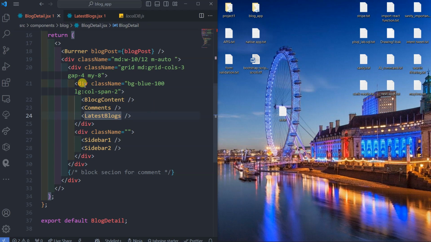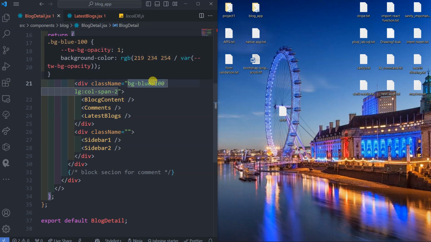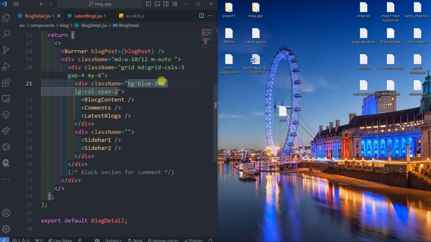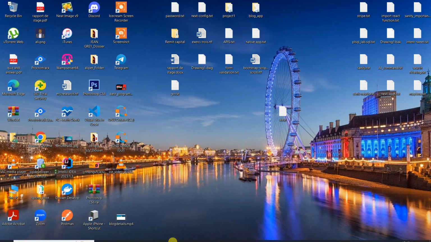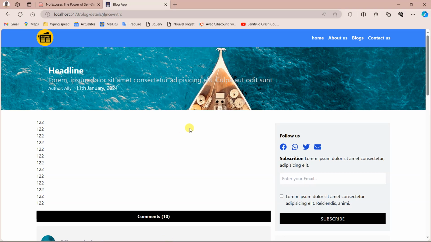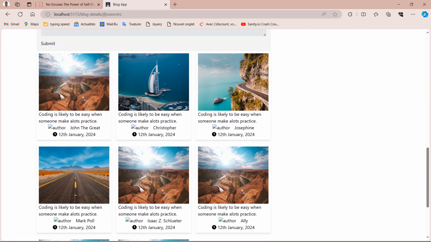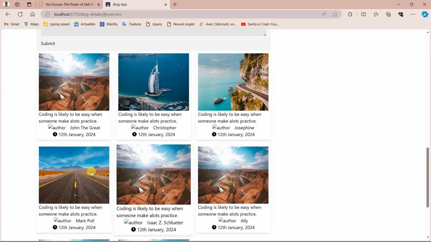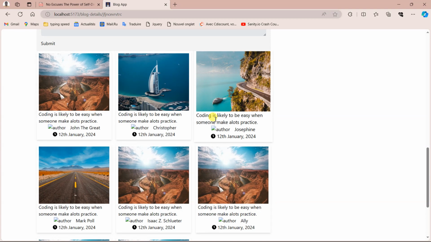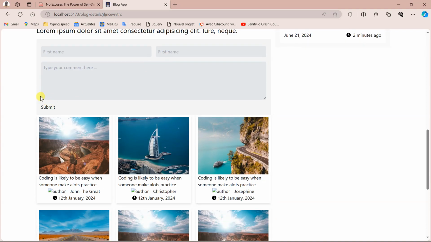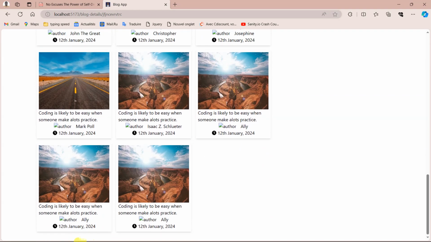Within a block detail we have this one here, grid cols of 3. Have this one here that has bg blue of 100. This is when the background comes in. Just try to remove the 100 out to disqualify that one, and then once you check here, you'll see that one has gone. And if you go down here, our design is just standard. In case you want to give some padding here, you can see there is a padding of 4 everywhere, this one here. Then we can have that padding by